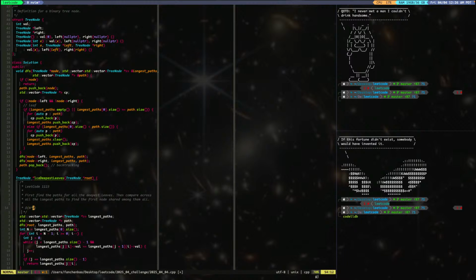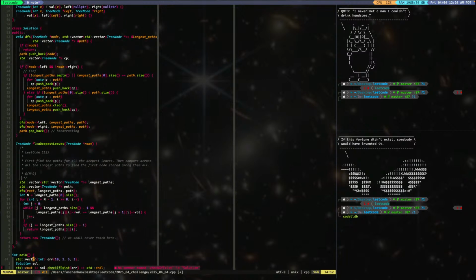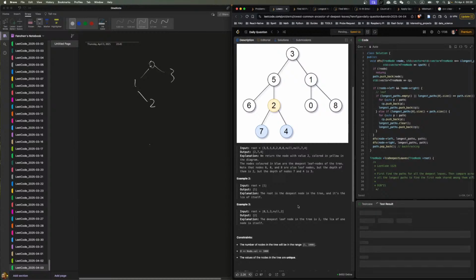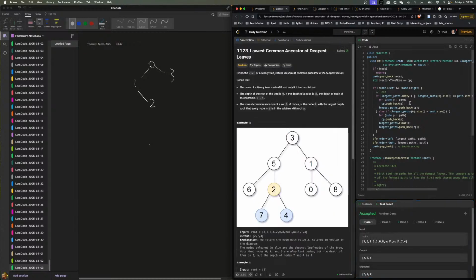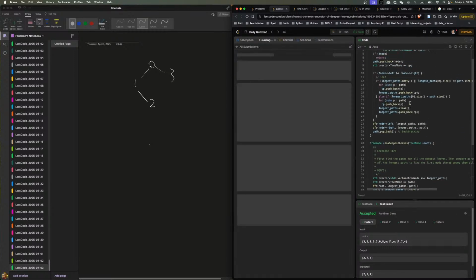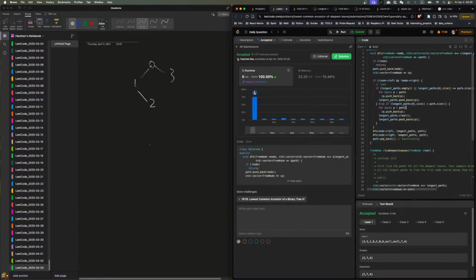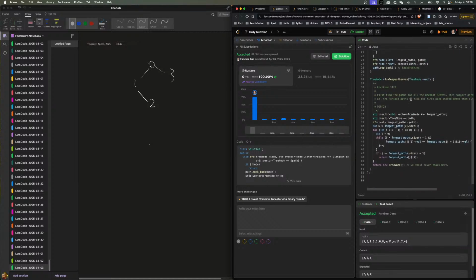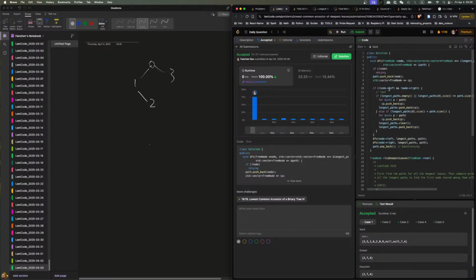I feel it's O(n) squared. What's n? Well, yeah, I'll put O(n) squared. I'm not sure if it's exactly O(n) squared, but it's gotta be close. This does not feel fast. But since we only have 1000, I think O(n) squared will probably just squeeze us in, maybe at 5%. Oh, it's actually much faster than I had expected because it's so small. Because the number of paths is, yeah, it's